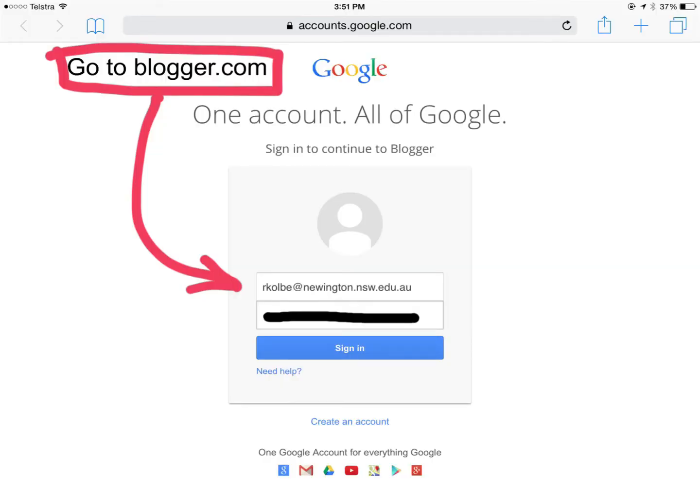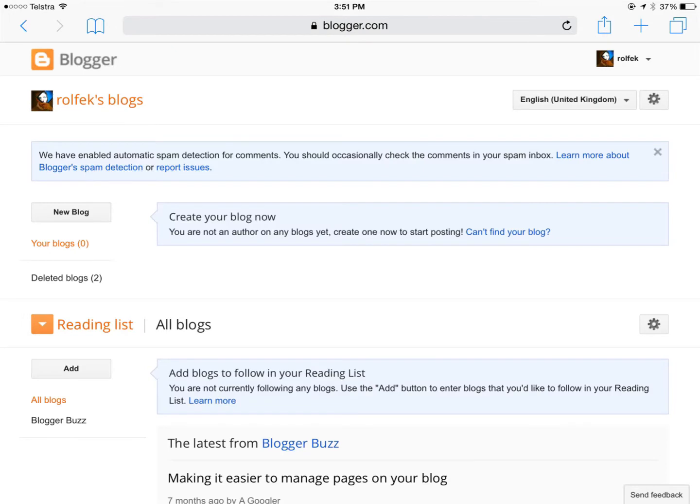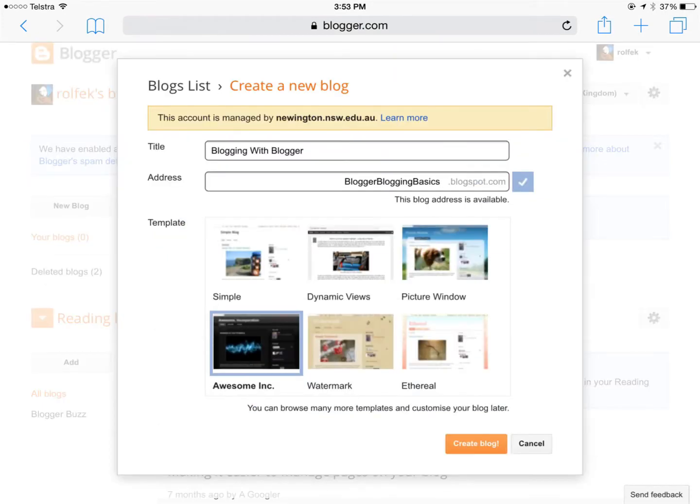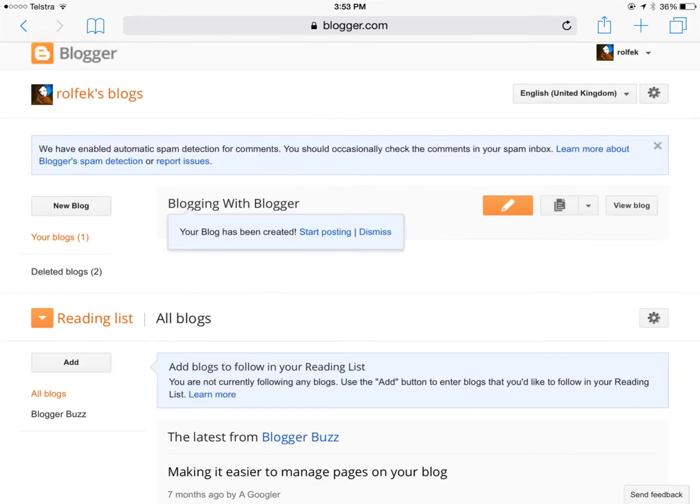First thing you'll need to do is go to blogger.com and sign in with your Google account, in our case with our school account. Once you've logged in, you'll come up with this screen and you'll see here we want to go new blog. Now choose a title and an address that works and a theme to start with. We can change this later. Beauty, and we're done. So we can start posting. So let's click start posting